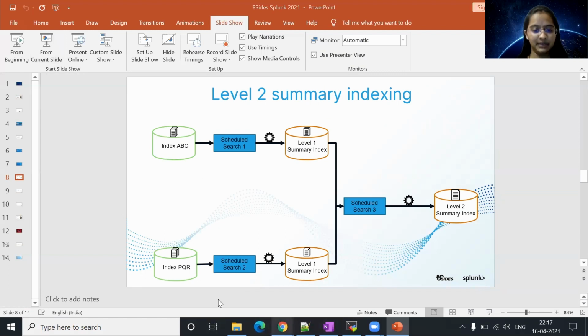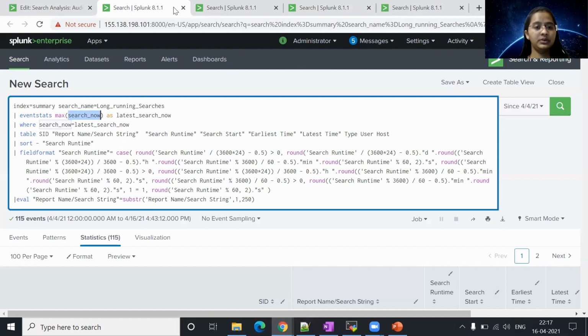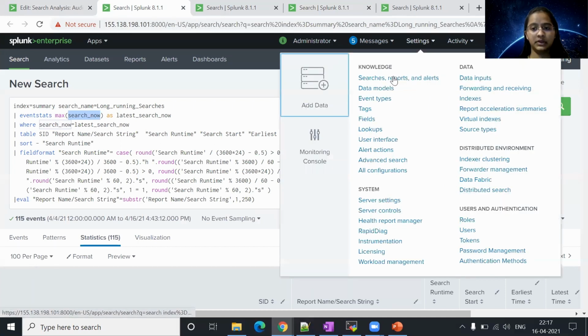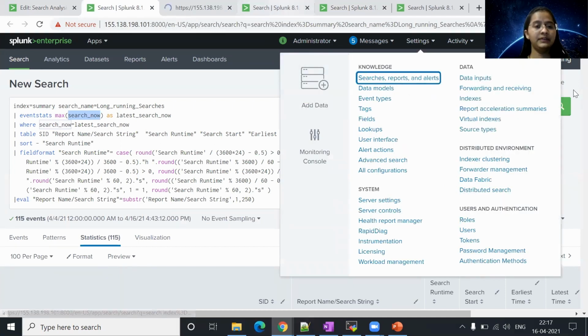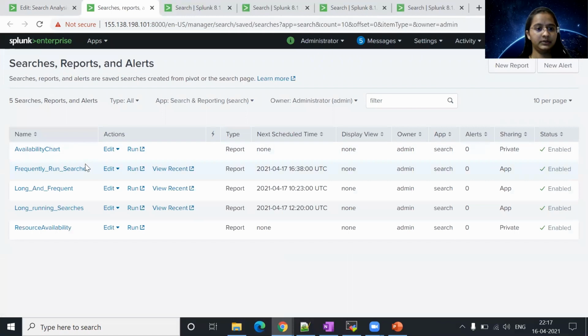I'm using the same dashboard here to showcase that demo. Before going to that, let me show you that we have three different scheduled searches. This particular search, long running search, is fetching the data from index=audit and putting it into index=summary.